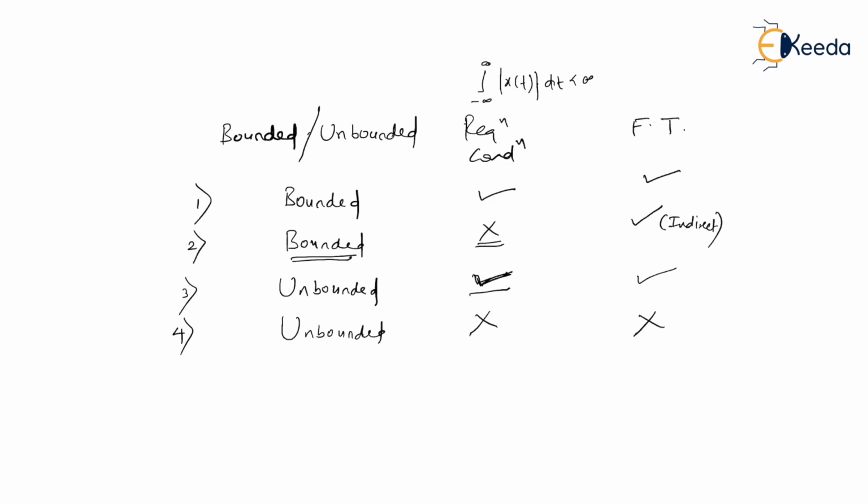If the required condition is satisfied even though the signal is unbounded, Fourier transform does exist, meaning the first criterion we must see is whether it is absolutely integrable or not. If the given signal is absolutely integrable, irrespective of whether the signal is bounded or unbounded, Fourier transform does exist. But if the required condition is not satisfied, at least the given signal must be bounded, then only Fourier transform exists, but for that you have to use the indirect method. If the signal is unbounded as well as the required condition is not satisfied, there is no chance that you will have a Fourier transform. I'm sure now with this discussion, you got enough idea what Fourier transform is.